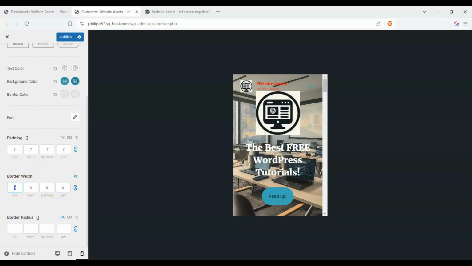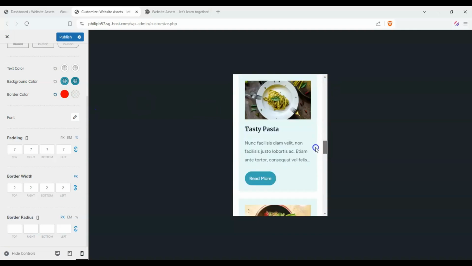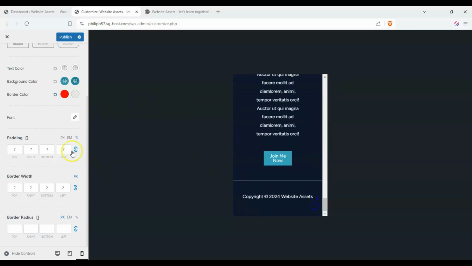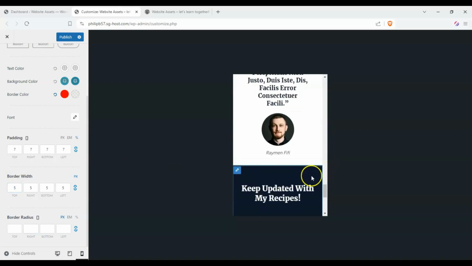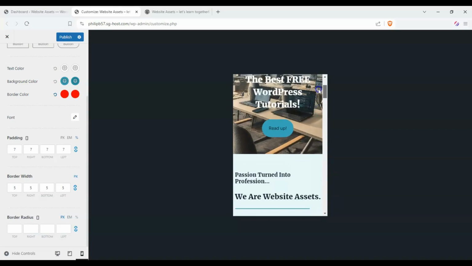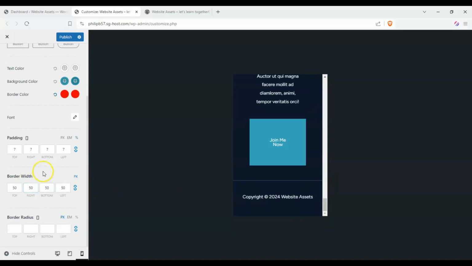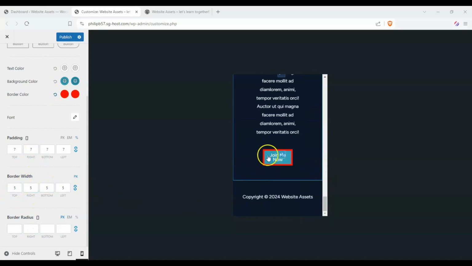And we can add borders, say 2 pixels, and let's make it bright red. And they don't appear on all of them, but down here we should have one that has a bright red border. Let's make it 5. Okay, and I just had to refresh that. And we can also add a border radius, let's say 5 pixels, and you can see it rounds it out,